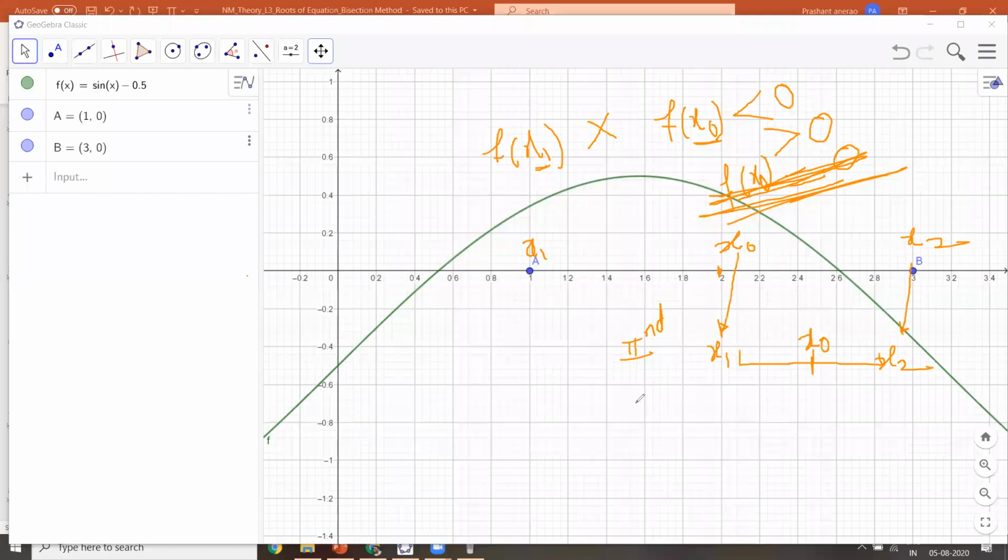Okay, then we will move ahead with the third iteration. For the third iteration, again I need to check whether your root will lie between these two or between these two. So again I'll find out x1, now x1 is this earlier old x0 value. This value I'll put in my function, this value again I'll put in the function, do the multiplication, and check if it is negative, which means the root will be between them.